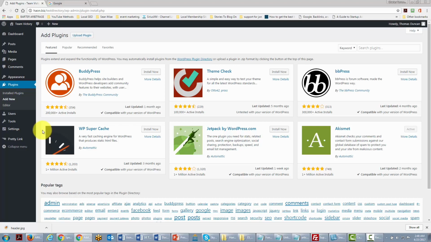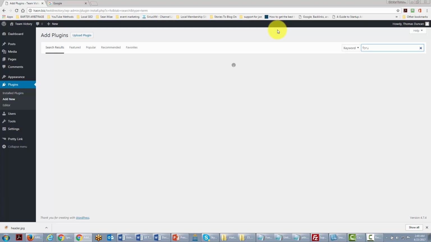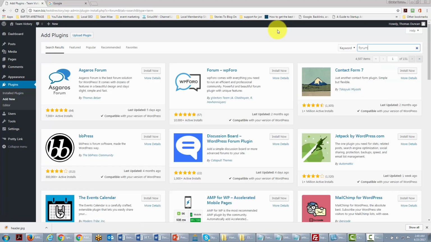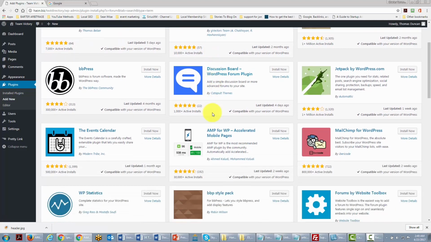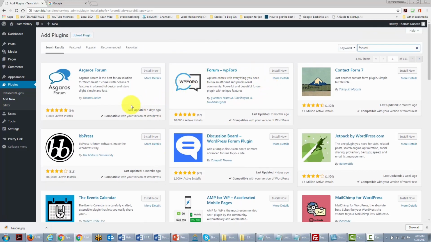And what you're going to do is start your search inside of WordPress. And you'll see that there's a keyword area right here. And what you can do is place the function that you're actually looking for. So, for example, you're trying to find some additional functionality so that you can add a forum. And so you might type in forum here. And WordPress will search for all of the plugins that can be used that will put a forum onto your site. And so you can actually see reviews and what you can actually add to your WordPress site